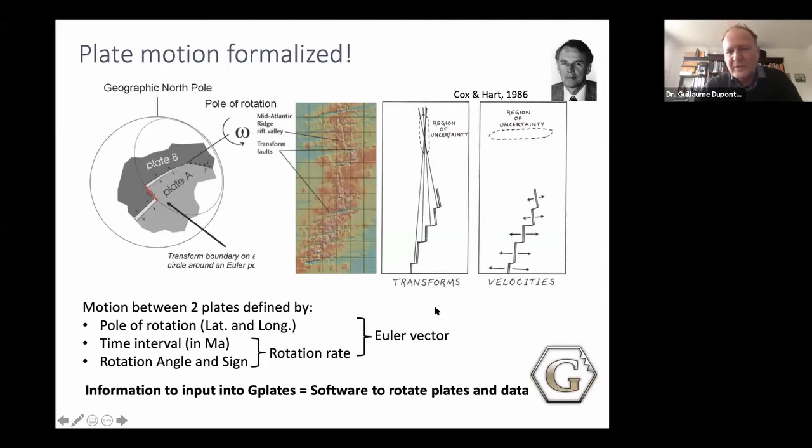It's nice to go through that, because now we will use G-Plates. It's a software that you will install to get ready for the exercise on Monday. And G-Plates does everything for you, so you don't really have to know where the data is coming from. That's why I wanted to explain that. But now you know where these poles of rotation come from, and how the age of the rotation is defined.